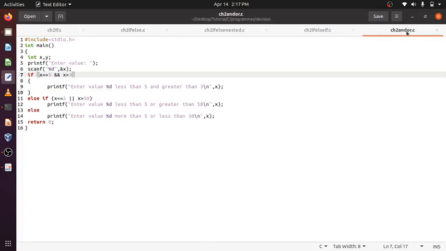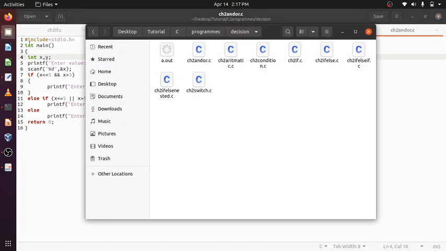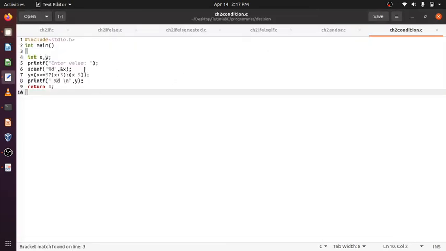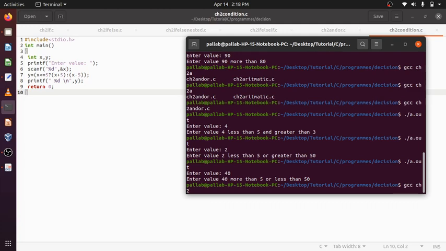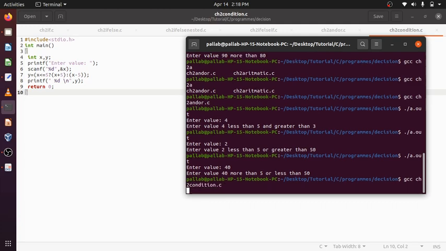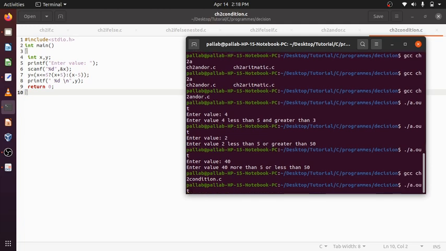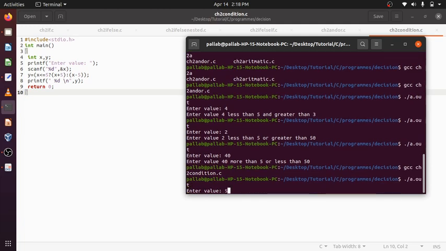Here, if the value of x is less than or equal to 5, yes, then x plus 5. If x is greater than 5, then x minus 5. Execute it. Let the value be 5.